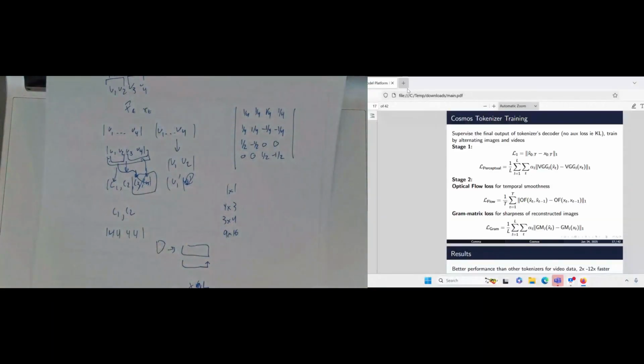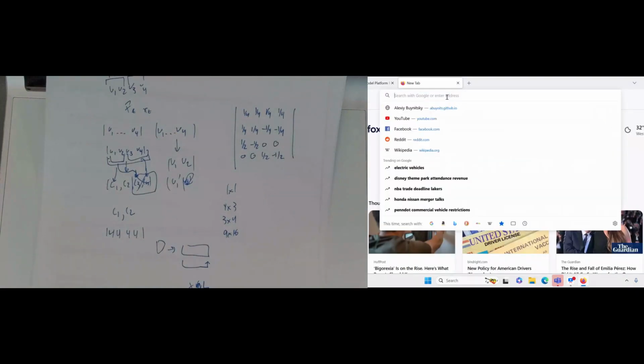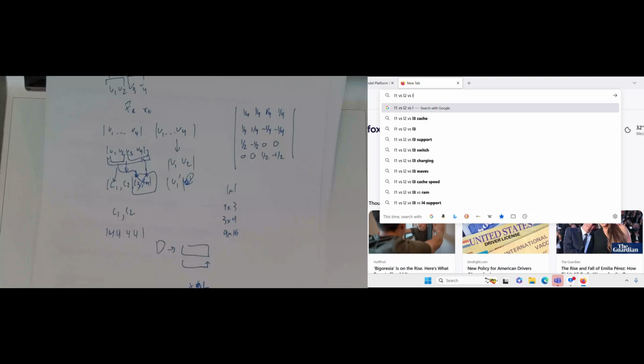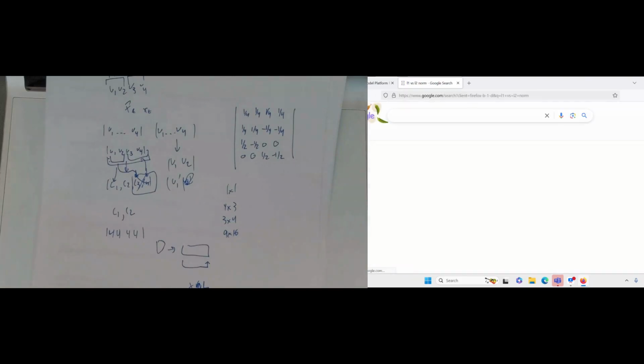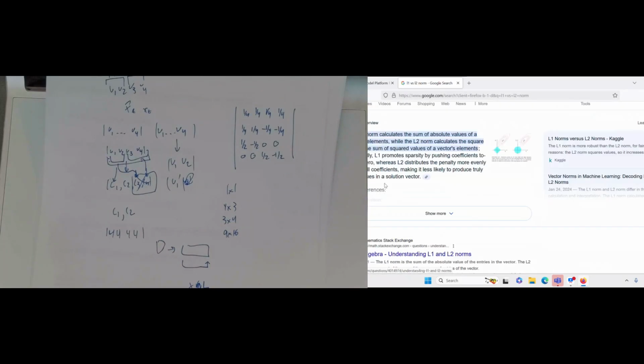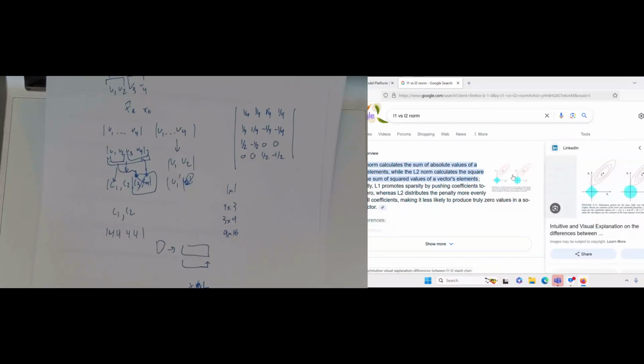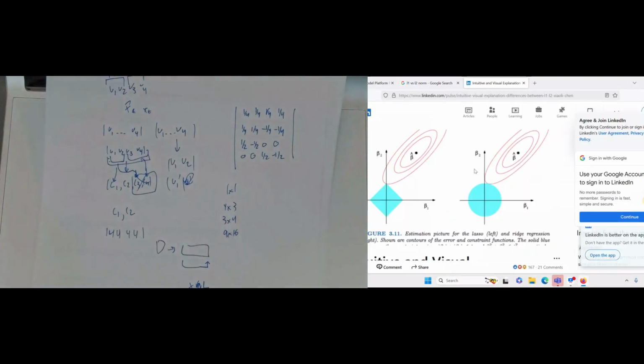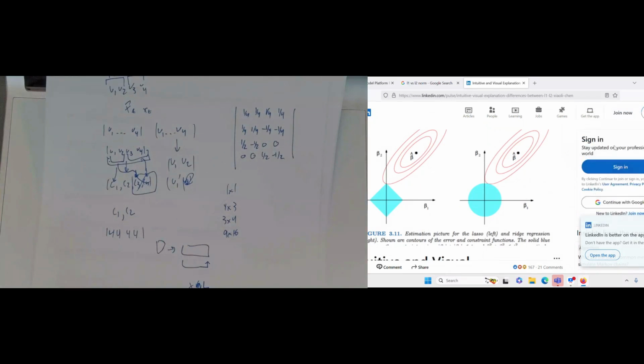Just look it up real quick. Yeah, search L1 versus L2. L infinity is just like a rectangle. Oh yeah, exactly, that one. L1 is the one on the left. So it encourages sparsity, where